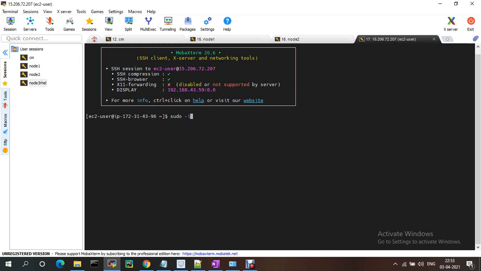Sudo -i. Okay. If you want, you can set the name also, like hostnamectl set-hostname. Okay.